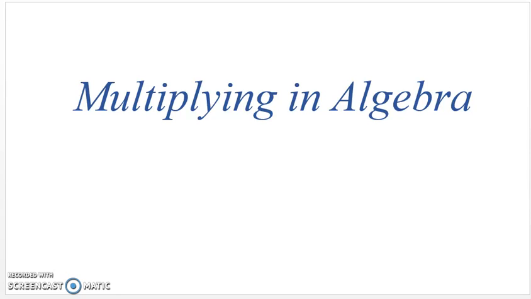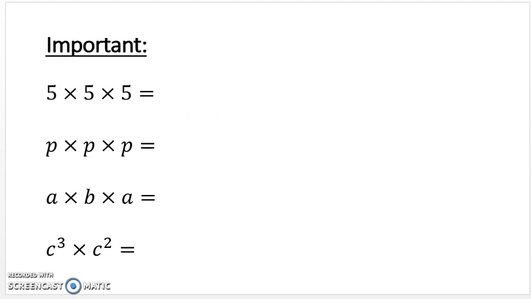This video is on multiplying in algebra. It's really important that when you do these kinds of questions, it all comes from a place of understanding, and this all starts in year 7 or much earlier really, where we learned about some number properties or index laws. So in primary school and in year 7 you would have revised things like 5 times 5 times